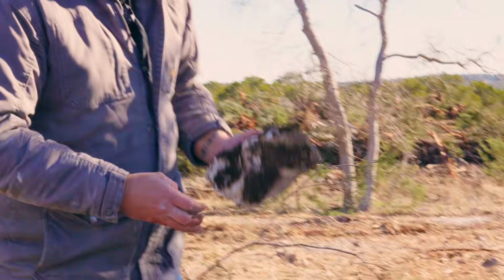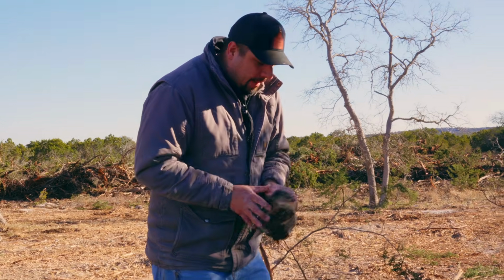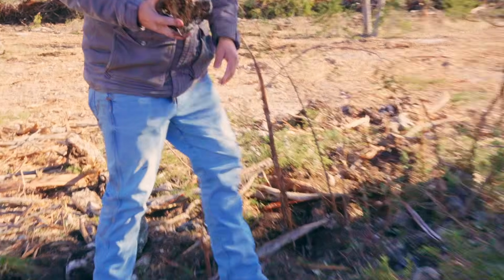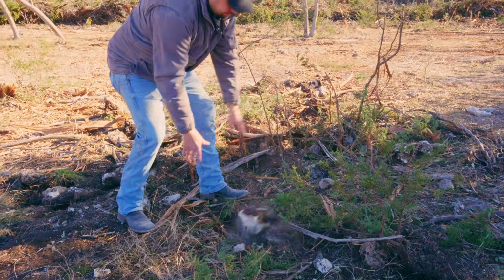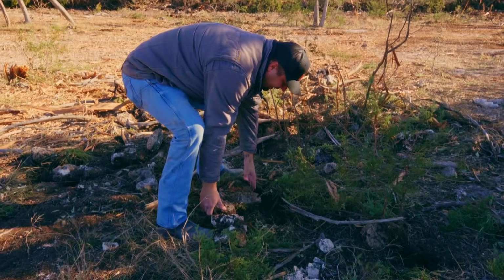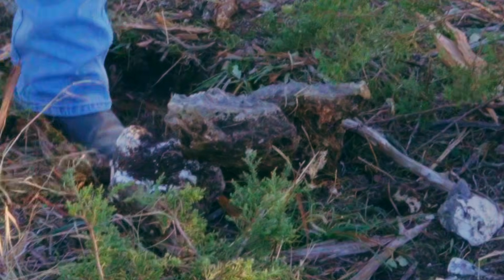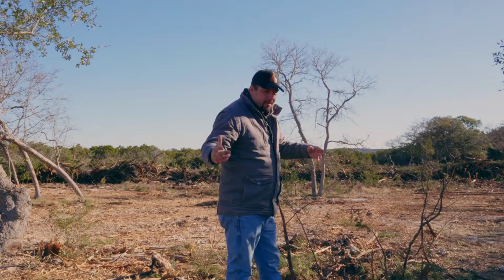And this is limestone, so it's a pretty soft rock. As it comes through, I'm making this into gravel, basically. Because if I drop this, watch it down here, it will break. Let me try that again. Let's take a bigger rock. All right, it's not breaking. So as I come through, it'll grind that rock down and it'll get rid of